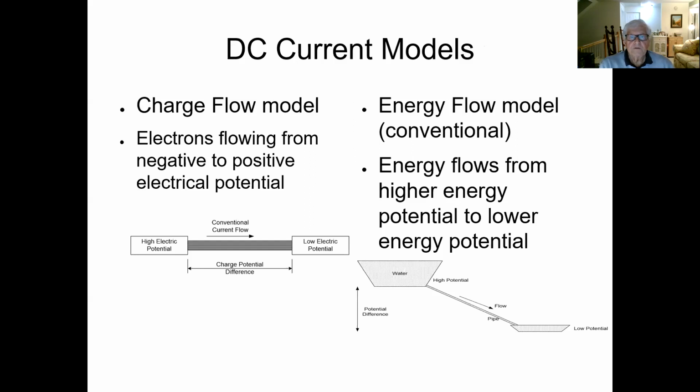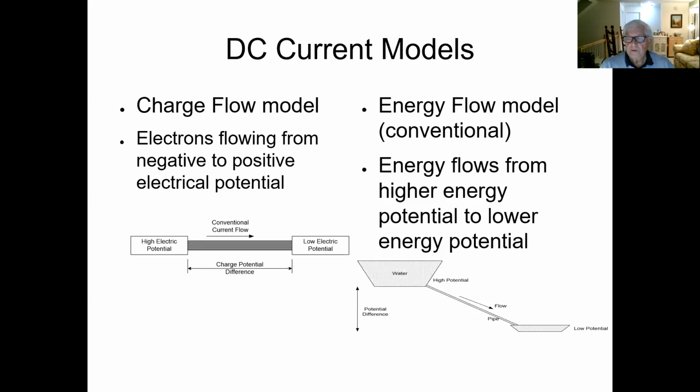So there are two models of electricity. The book likes to use the physical model, which is the charge flow model, where electrons are flowing from a negative to a positive, okay, because electrons are negatively charged and they want to go to a positive area, so you get an electron flow. However,